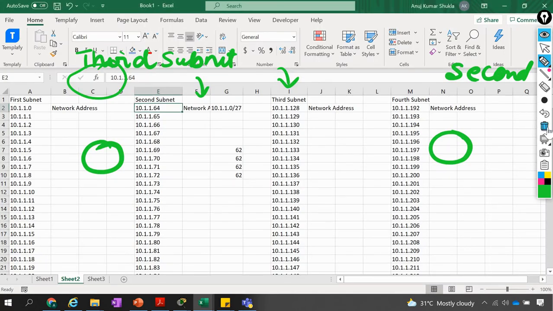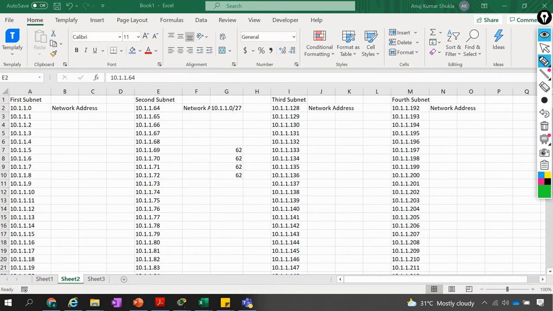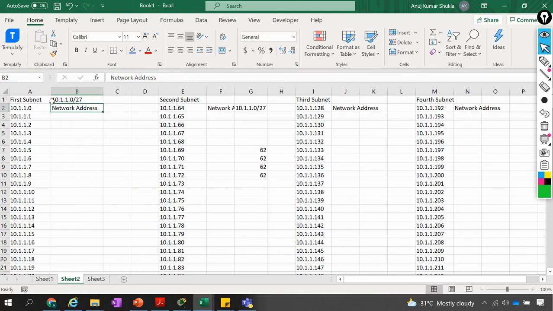Let me delete this so as not to confuse you. I am using this first subnet, 10.1.0/27, and in this /27 we have a total of 62 IP addresses.